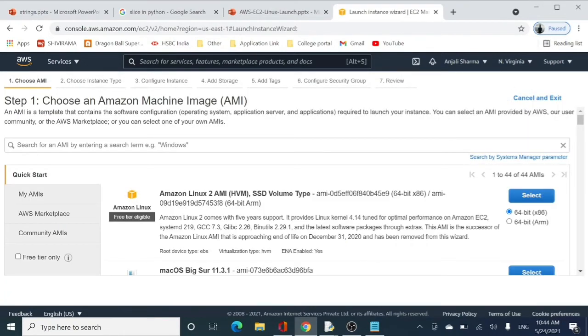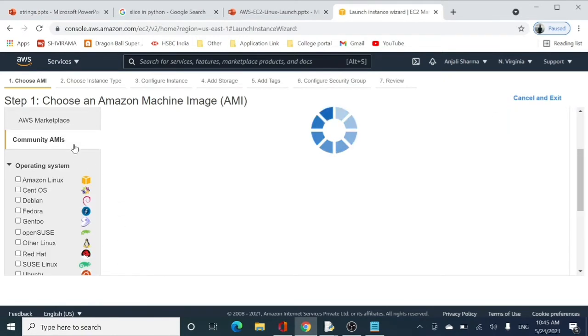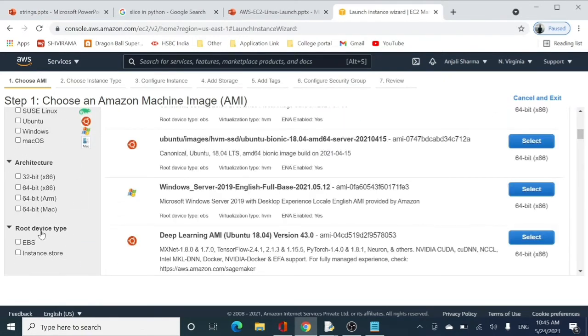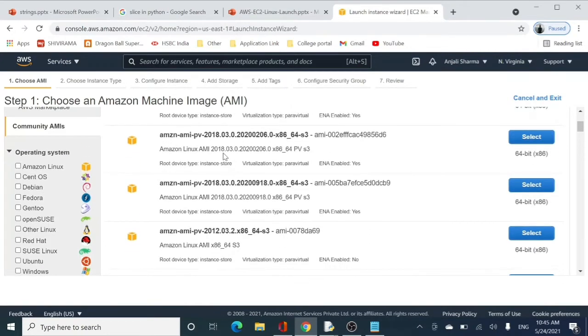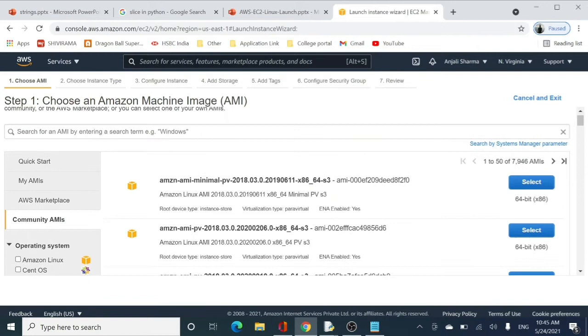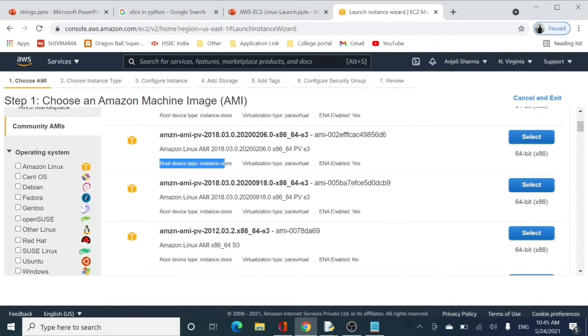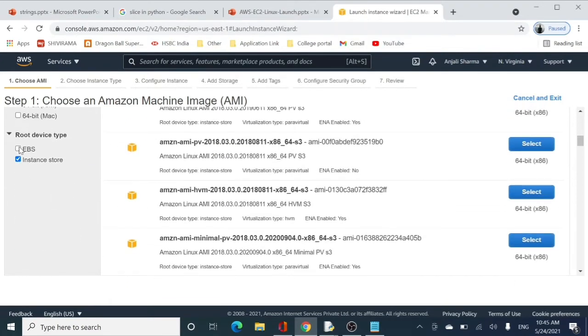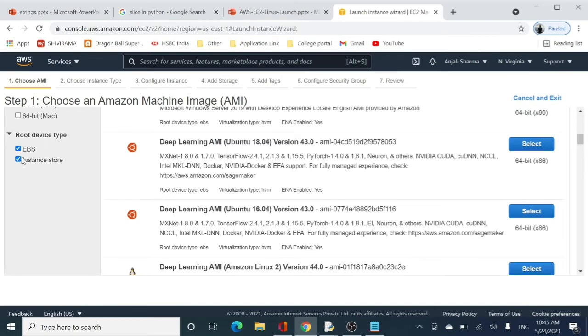Right? So in this particular page where we actually select our AMI, if I go to community AMI here, see the root device type is EBS or instance store, right? So we can have these two types of root devices, right? So if I click over this, then whatsoever AMI you are seeing over here are the root device type is instance store. So these are the ones in which you cannot modify your user data. And if you go for the EBS one, at that point of time, you can actually modify your user data.